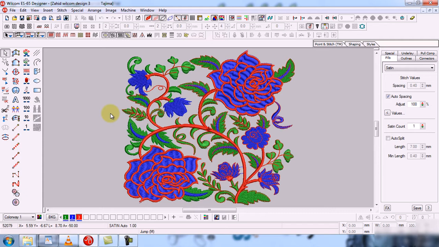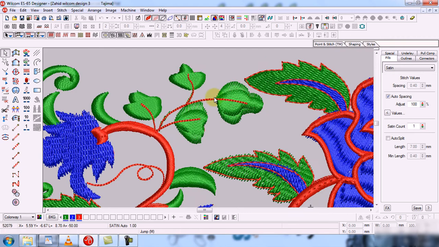You will change your screen settings according to your own screen and resolution. So if you have any problem with your screen settings, you can change them.